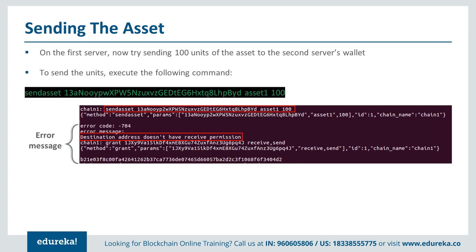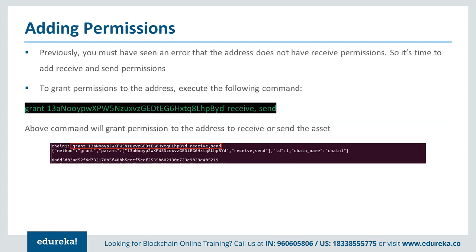Now let's try to send this asset, say for example 100 units, to the first node. So what is the command? Send asset. What is the address of the first node? This is the transaction which is done because I have already given the send and receive permission. Therefore, it has gone. If I had only given the connect permission, then it would ask me to give the send receive permission here. The same thing which I did earlier with the connect, I would need to do here for sending and receiving the asset. So now if I see my total balances, it is reduced to 900.